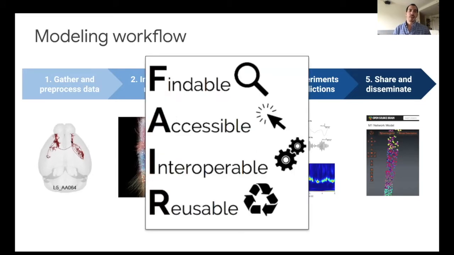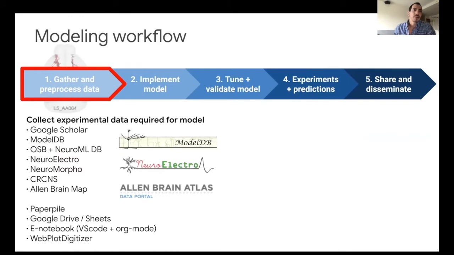So, of course, all these steps required, or ideally would require, FAIR principles, which means findable, accessible, interoperable, and reusable. So I will identify whether the different tools we used follow these principles or not, and what can be done to improve it. So in the first stage, the gather and preprocessing data, as I mentioned, this can be usually